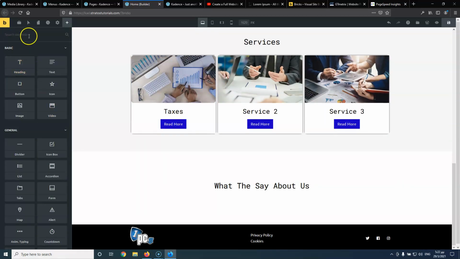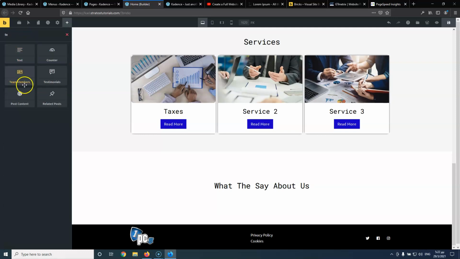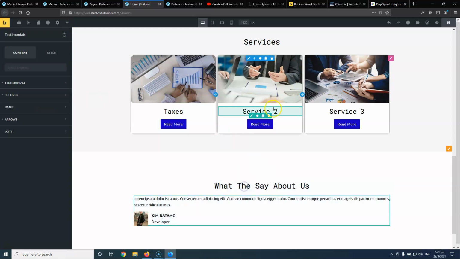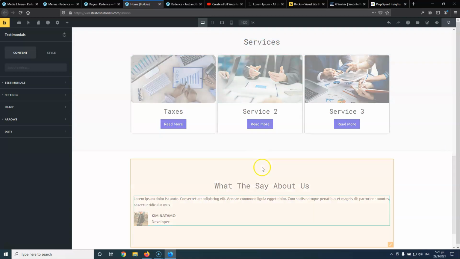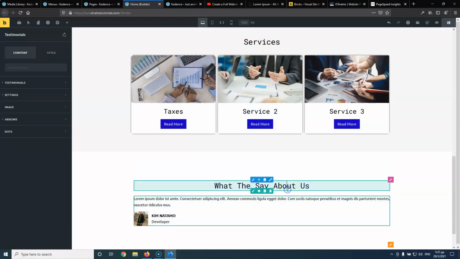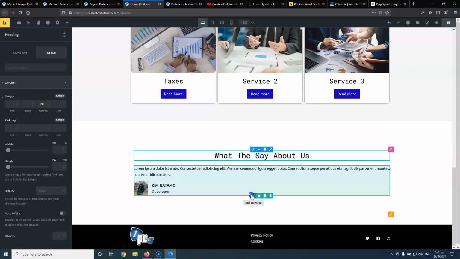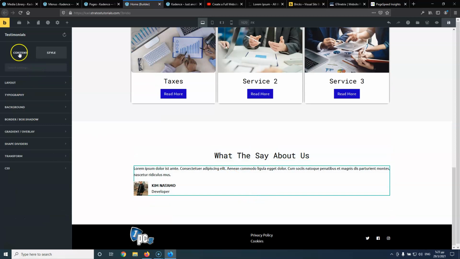So let's go and type that, testimonials. Okay, and testimonials, this is one. I'm going to put that underneath, and I'm going to leave, how much space was it here? It was, I think, 20 pixels. So let's add here 20 pixels for the element, edit element, style, layout. Okay, 20. It grabbed the margin when I copied the heading. Great, and let's go and edit the element, and let's go into the content, testimonials, and here is the testimonial,